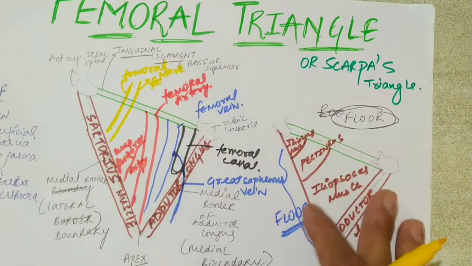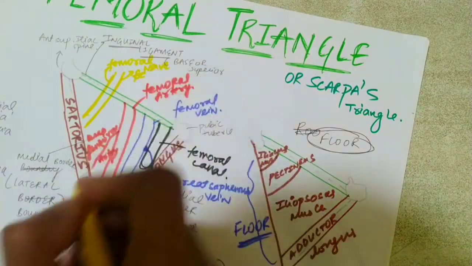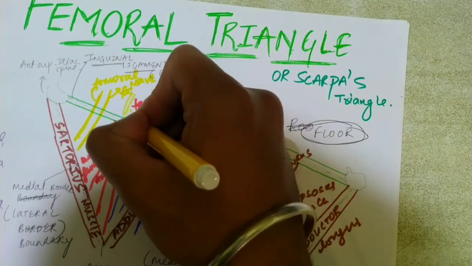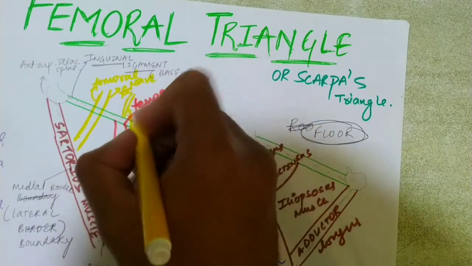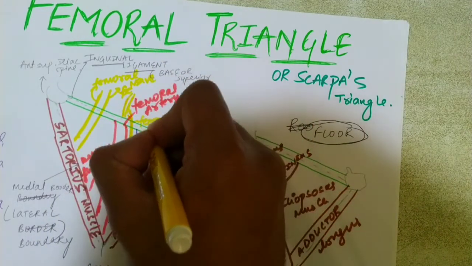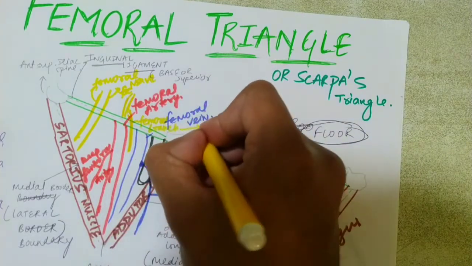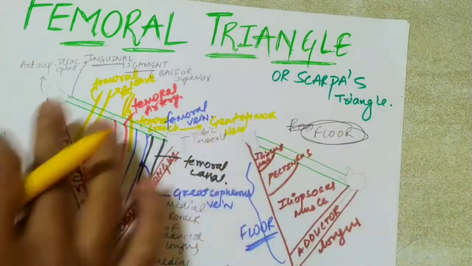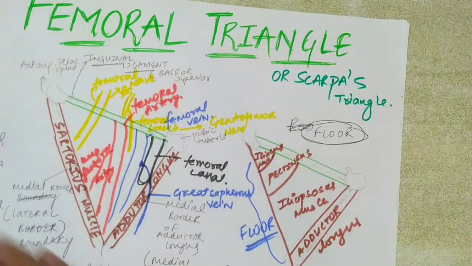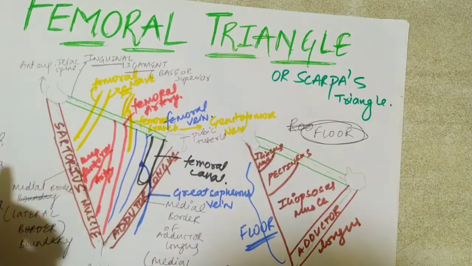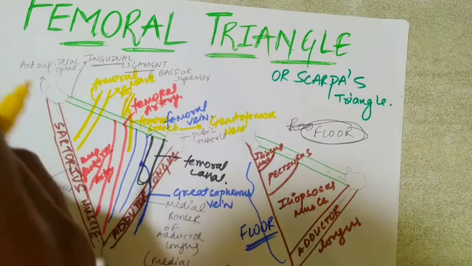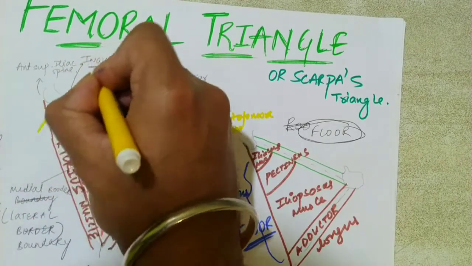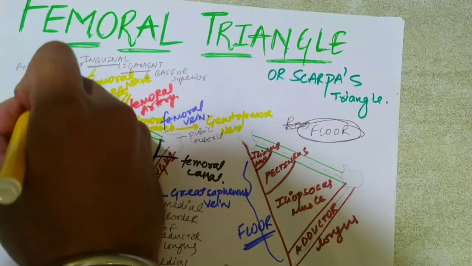And one nerve you can also see just medial to your femoral artery, there is the femoral branch of the genitofemoral nerve. This is the genitofemoral nerve giving off a femoral branch. So this is your femoral branch of the genitofemoral nerve. It supplies the skin above your femoral triangle. This femoral branch is especially for the cutaneous supply of the skin above your femoral triangle. And one more nerve will also be there, your lateral femoral cutaneous nerve, which goes just at the lateral angle of this triangle, like this. So this will be your lateral femoral cutaneous nerve.